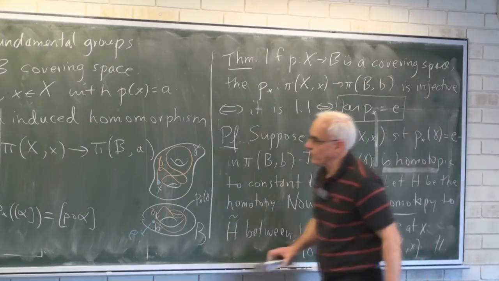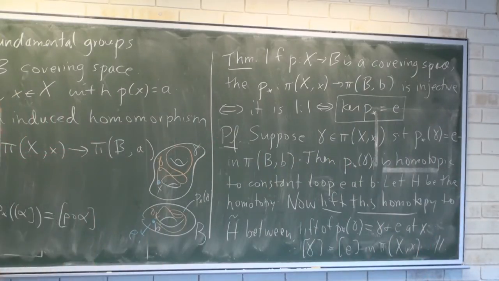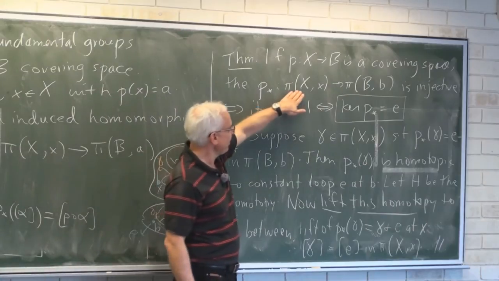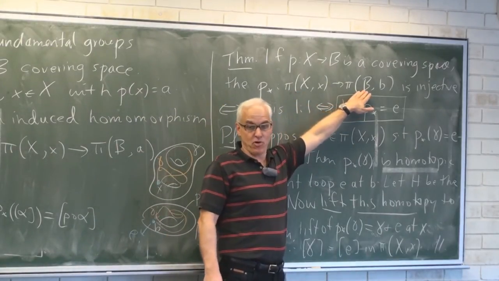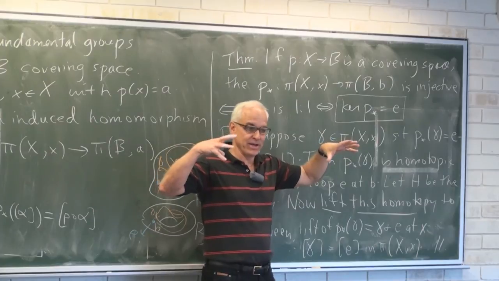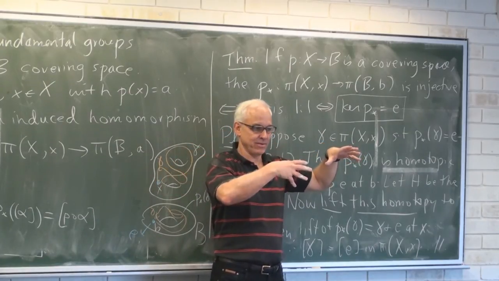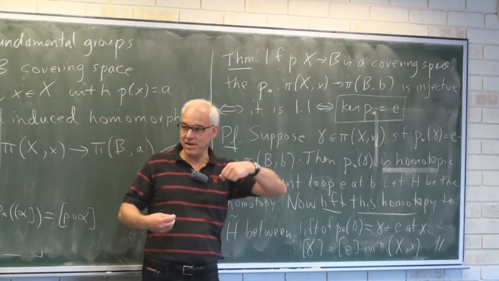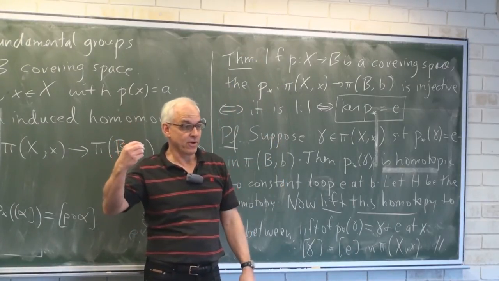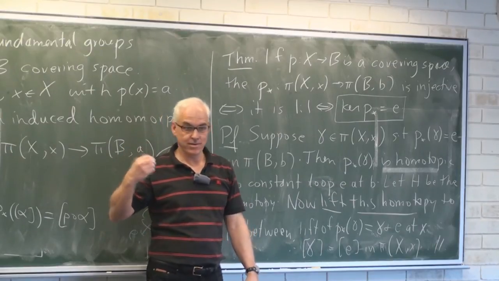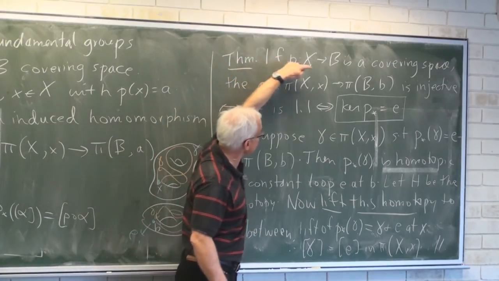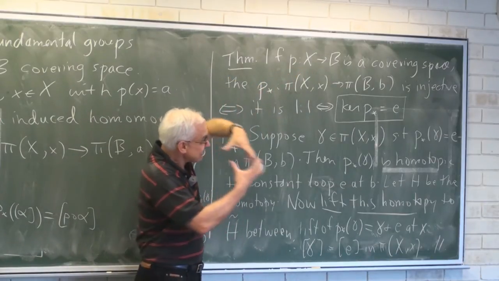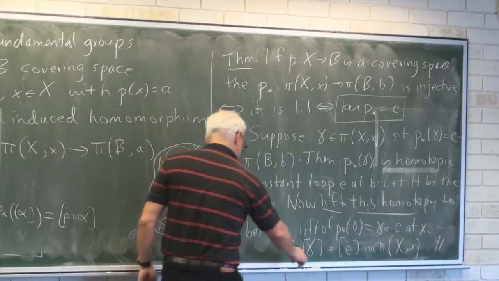Okay, what's the consequence of this? It means that in the covering space situation, if you have an injection, it means that this group is actually isomorphic to a subgroup of this one here. It's actually really the same as its image. So it means that covering spaces of B give you subgroups of the fundamental group of B. This covering space X of B gives us then a subgroup of the fundamental group of B.